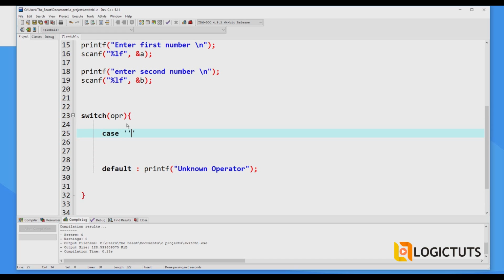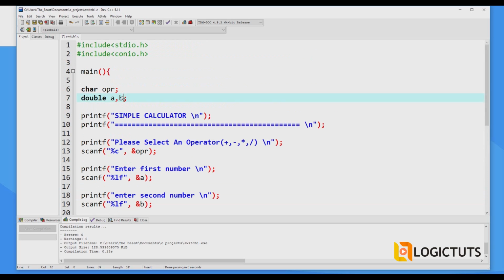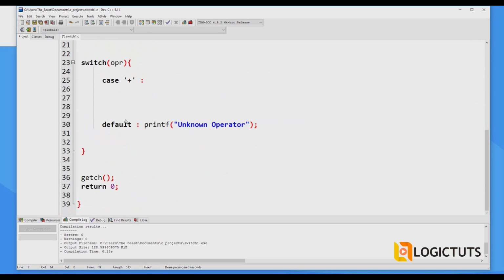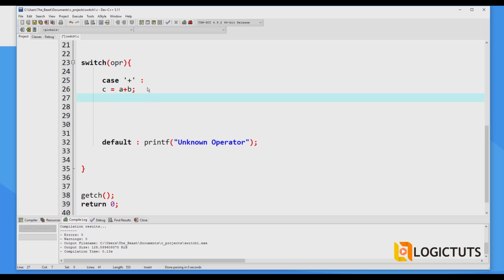So first case is, if the operator is the positive sign, then what happens is, you can just add stuff in the printf, or you can just use another variable. So I am using another variable for ease. So c will be equal to a plus b, and it will show the result. So printf